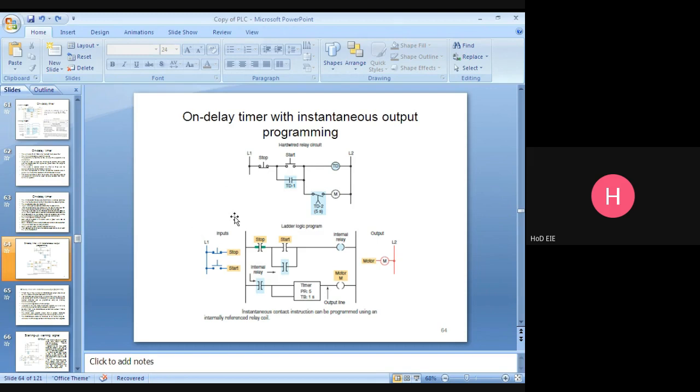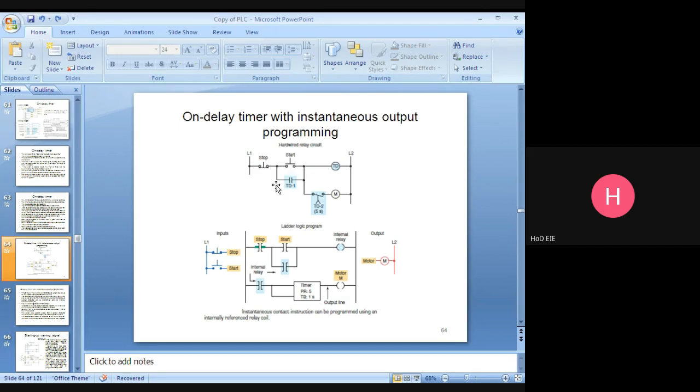This one we have already seen. Once you press the start push button, the time delay coil will be energized, so this contact will be closed. This contact seals in the time delay coil, I mean continuous flow will be there.